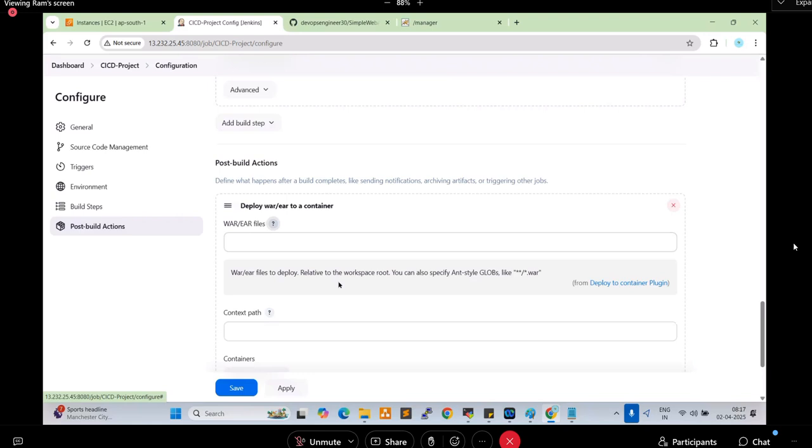We don't know the path. So in that case, what will we do? We just copy the extension. Only the extension we need to copy. This extension we can copy here, paste here. So this WAR path we don't know. That is why we just copy the extension here. Now,